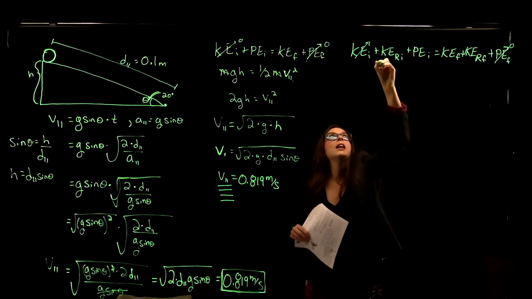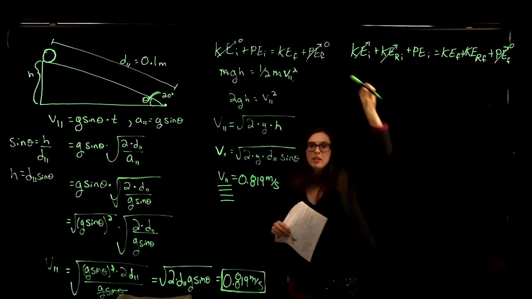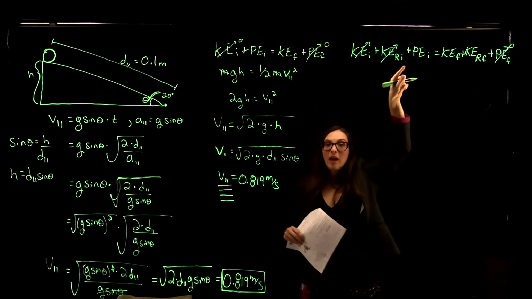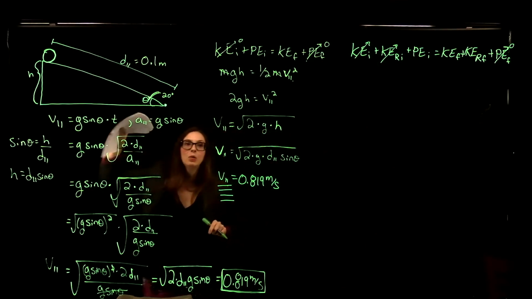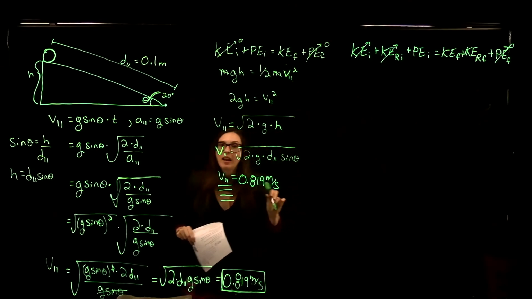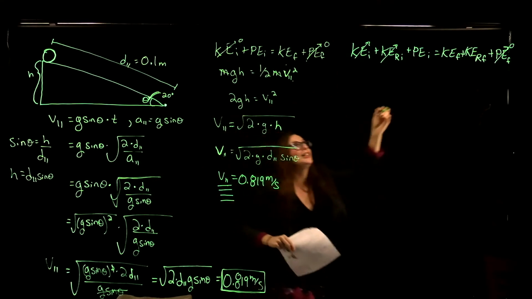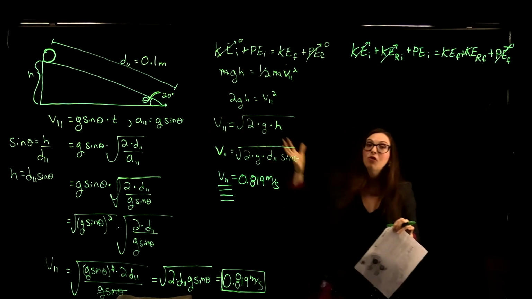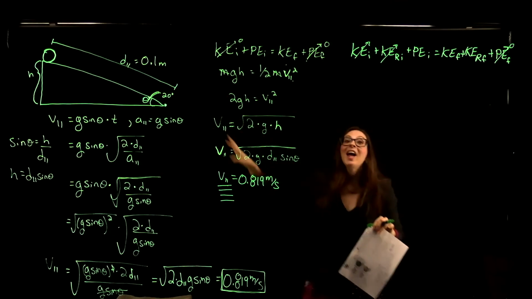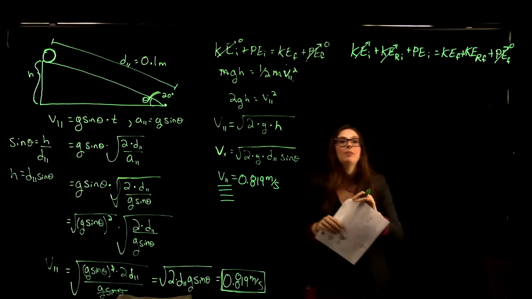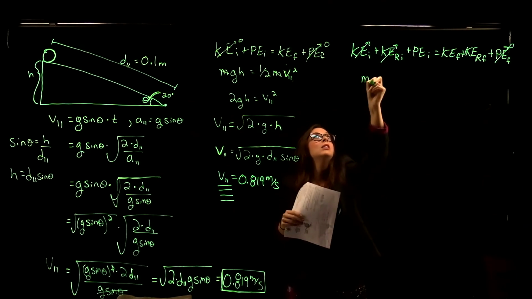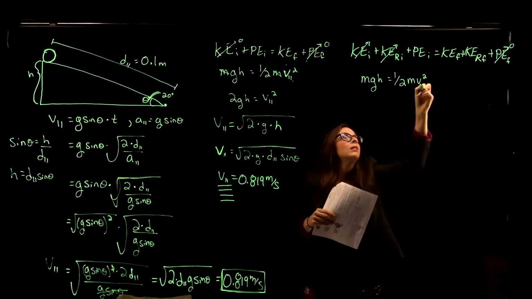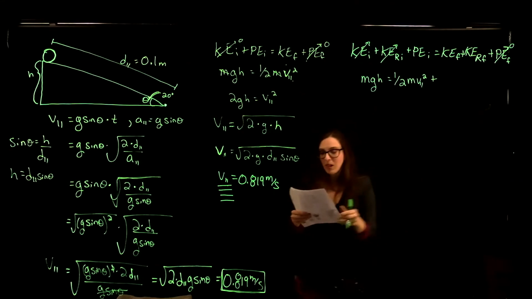Our initial kinetic energies, both the regular one, the translational kinetic energy, and the rotational kinetic energy, are 0 if we're starting from rest. So we've got our gravitational potential energy at the top of the incline has to equal not just the translational kinetic energy at the bottom of the incline, but translational kinetic energy plus rotational kinetic energy. So some of that initial potential energy has to convert to rotational kinetic energy and translational kinetic energy. Okay, so if we've got mgh equals 1/2 mv parallel squared, plus our rotational kinetic energy